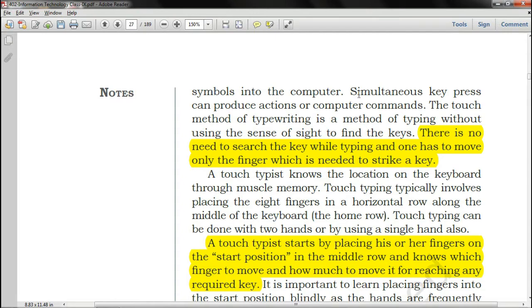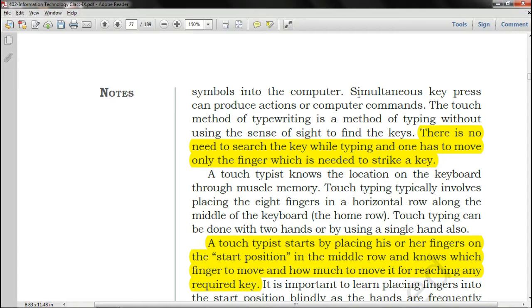A kind of headache will be there, because you keep on rotating your eyes from a keyboard to a LED, to a keyboard, to a LED. It will definitely ache your head. So it is better to learn those keys and just do the practice, so that it comes with ease.